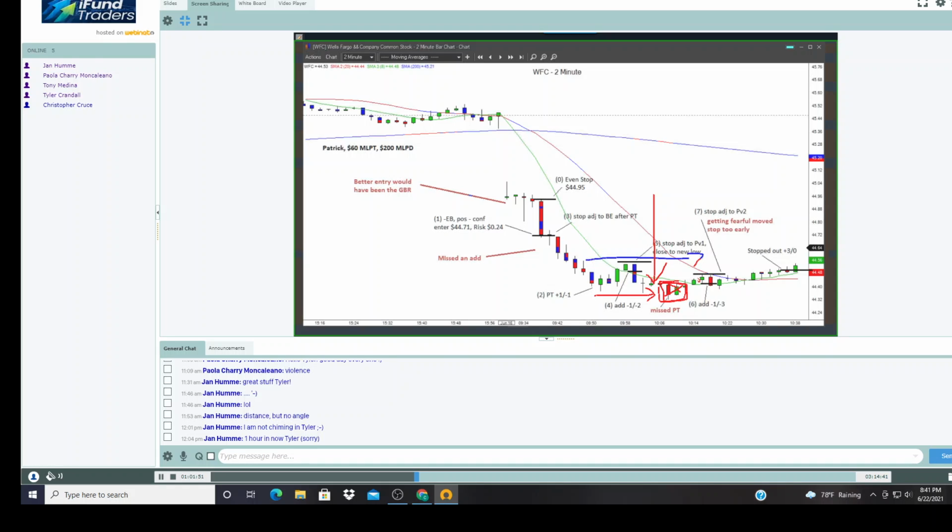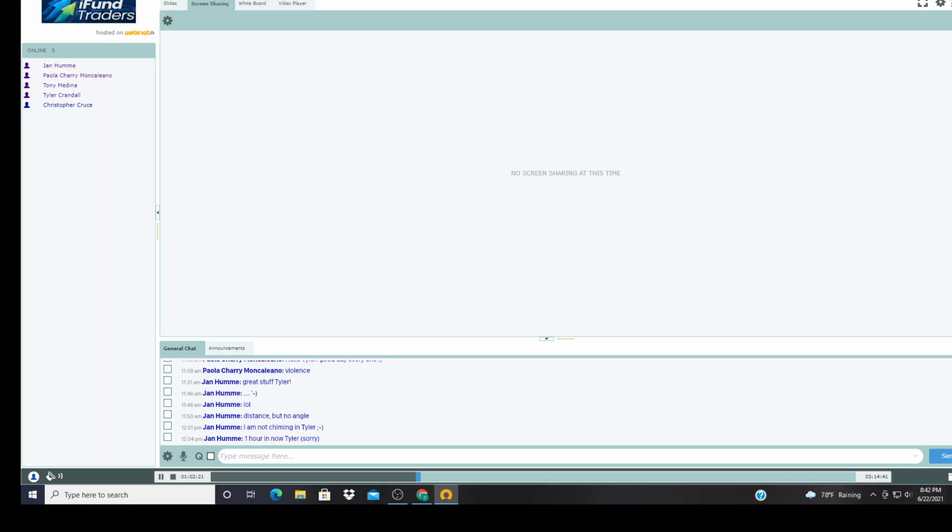So where does it stop out then is the next question. Well, this is where you've lost your whale complete. And then here's a time stop if you need to do that as well. But I don't think you keep adding there. Once you get your whale complete, there are no more adds. And that's all I'm going to say about that. So there you go, Patrick. I am going to hand this over now to Jan. I hope you guys can make a good study out of all this now.